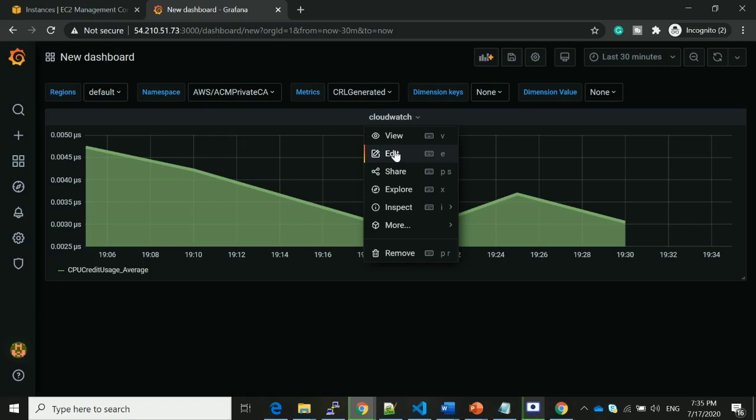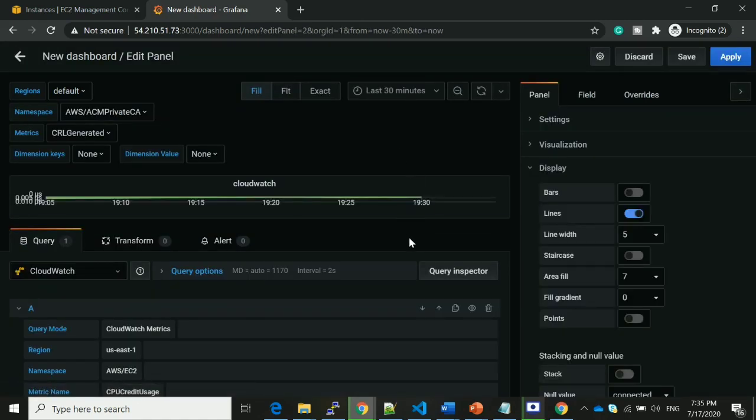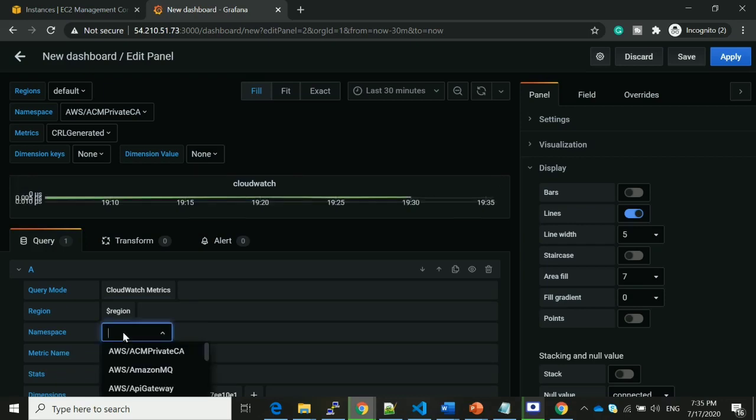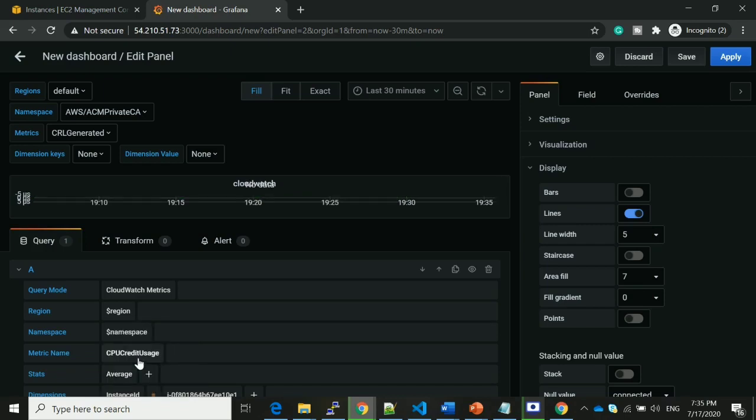This is the dynamic dashboard. Let me go to the edit dashboard. Let me go to the query section. Let me scroll down here, and here we have to provide the dynamic values in the queries like this. I'm providing the region as dollar region, namespace as dollar namespace, metric name as dollar metric.